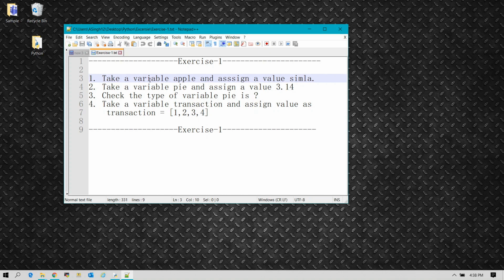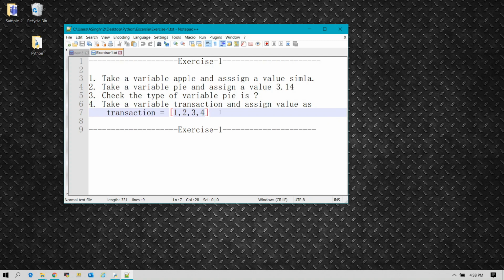For the first question, we have to take a variable named apple and assign a value similar to it. The next one is where we have to take a variable named pi and assign it the value 3.14. Then we have to check the type of the variable pi. After which we have to take another variable with the name transaction and assign it the value 1234 inside square brackets.